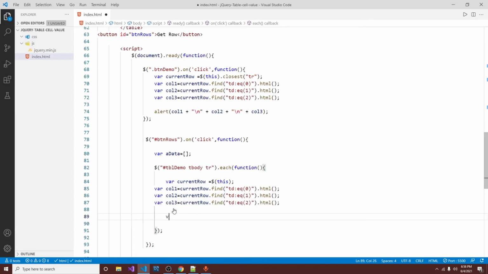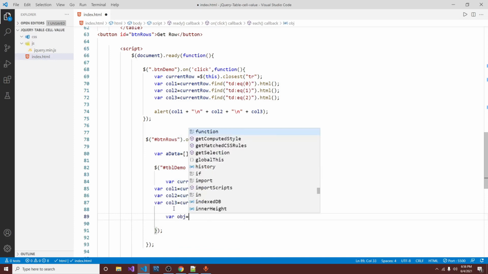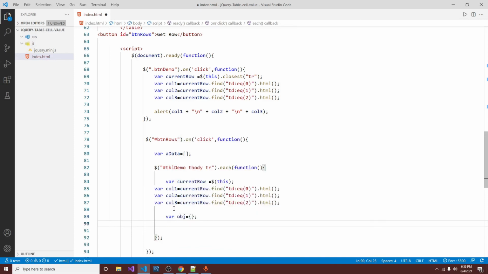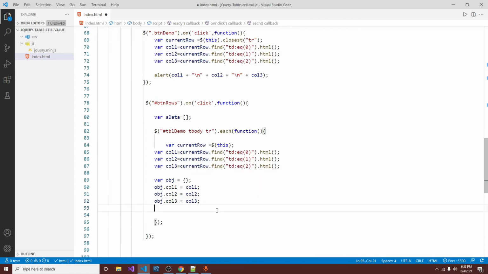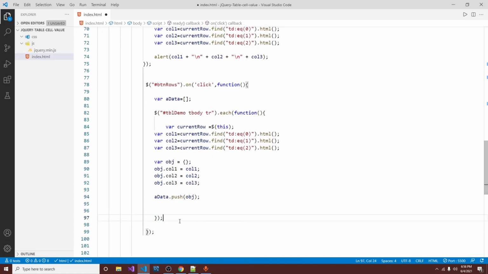Now we create an object variable and assign the column. Now add this object variable to our array variable. .push.obj and display this array in a console.